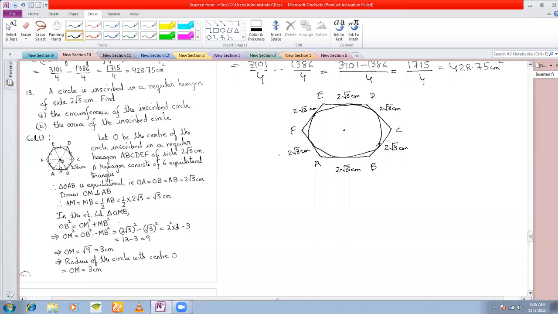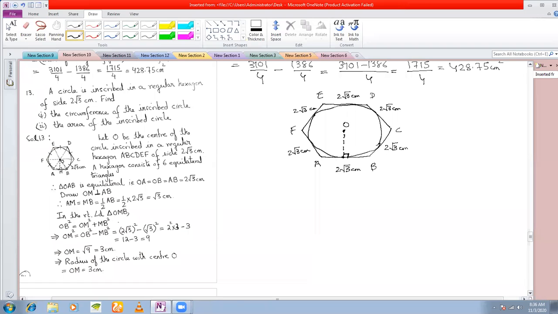For circumference or for area of any circle, you need the radius of the circle. And what should be the radius here? If you draw a perpendicular from the center of this circle to this point, say the center is O here, if I draw a perpendicular from O to this point,